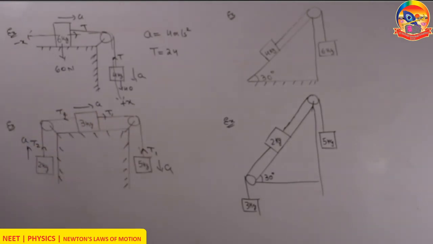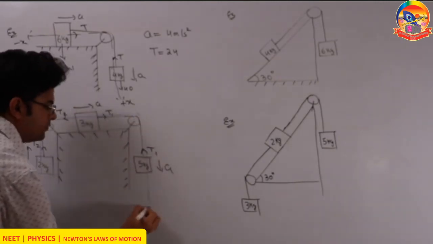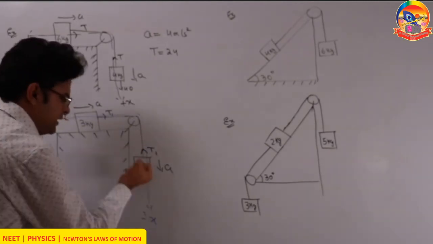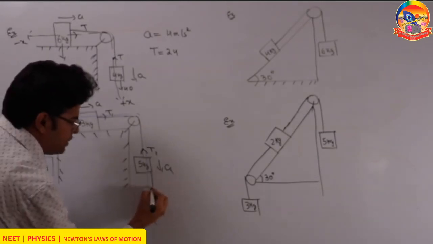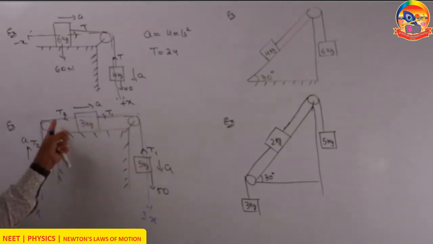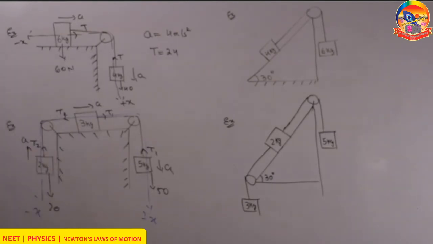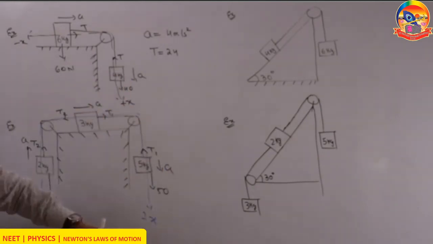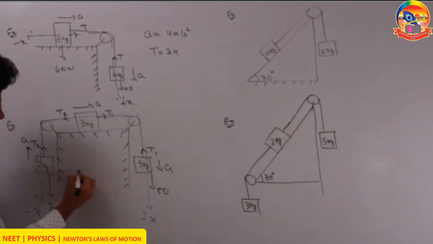Question is, what will be the acceleration? So again, this time, assume your axis along the string. Take this side as positive x, this side as negative x. On this 5 kg, a force of 50 towards positive x. On this 3 kg, the force of 30 is downward, but it doesn't have any component along the axis, so it doesn't matter. On this 2 kg, there will be a force of 20 towards negative x. The net force which tries to turn the whole system towards positive x is 50 minus 20. So the net force is 30.